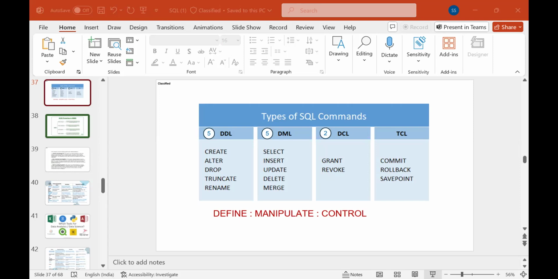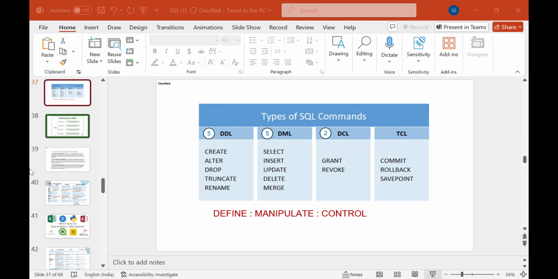So when we look at data manipulation language, sorry, I think I spoke it as data management language. So when we look at the data manipulation language, what is the most common things that we do? We do select, which helps us to retrieve the data from all or any of our tables. Then we do insert, which inserts the data into a table. Update, which updates an existing data in a table. Deleting the data from the table and merging the data, right? So all of these are the operations that we can do over here.